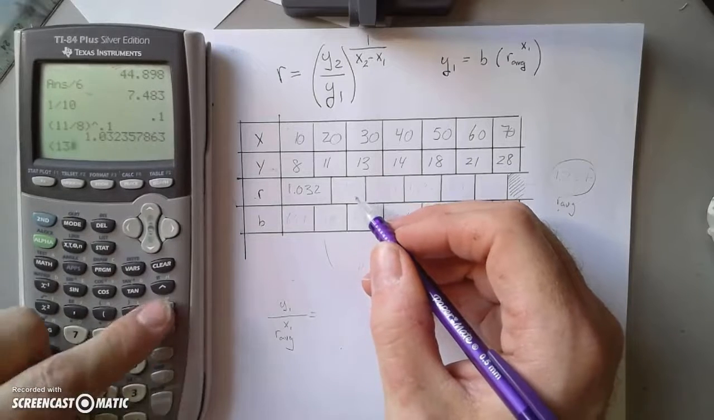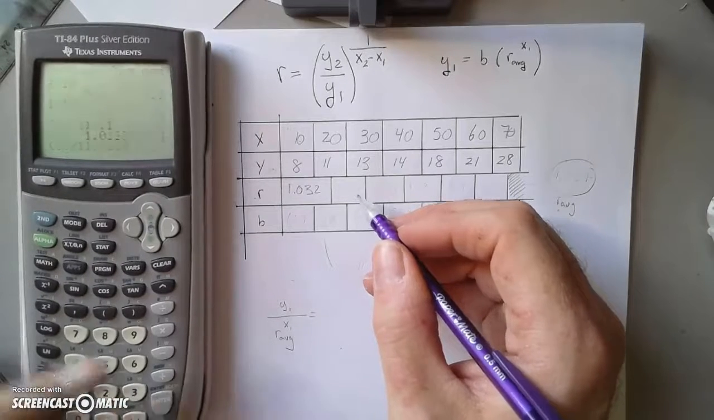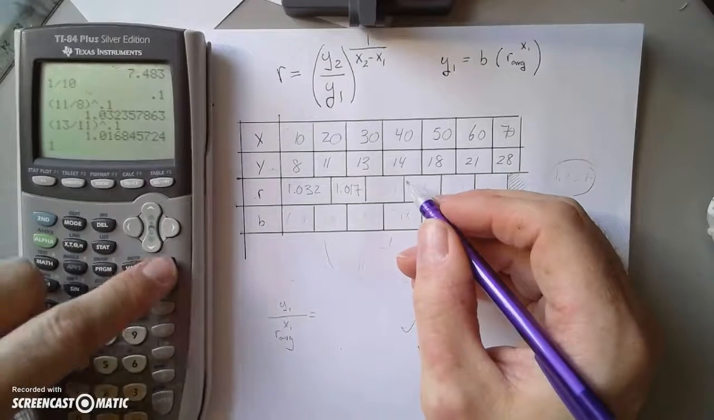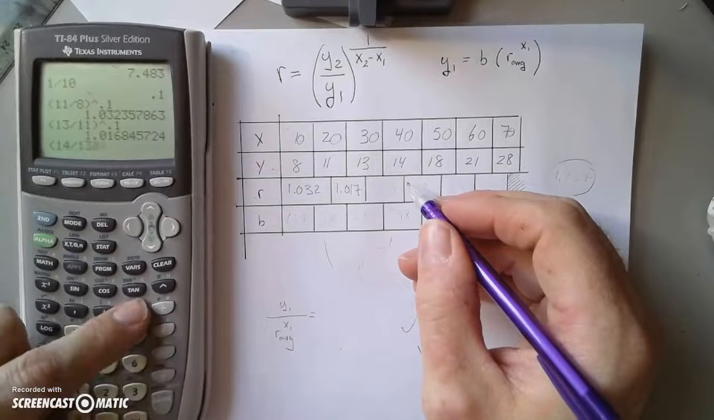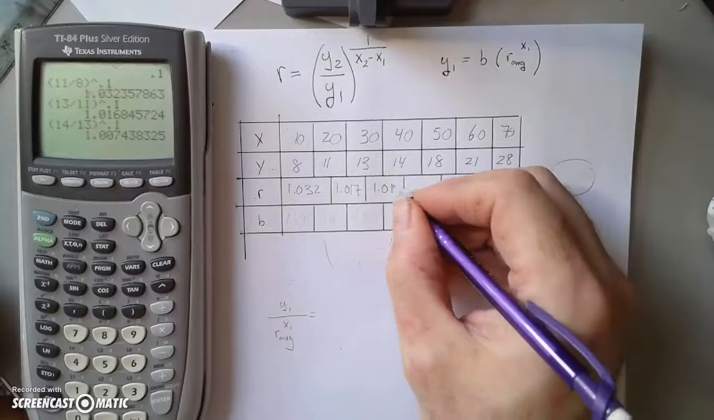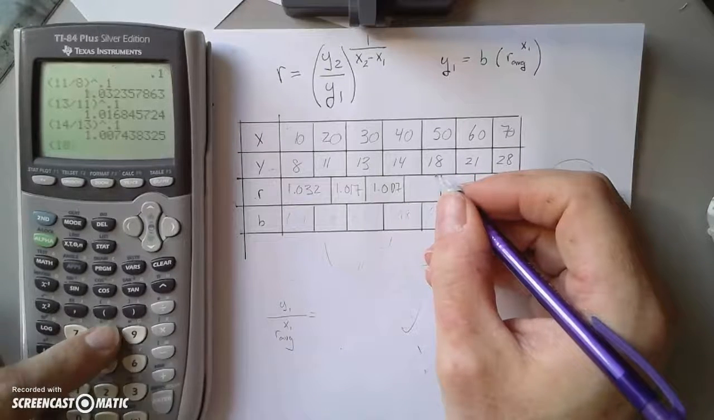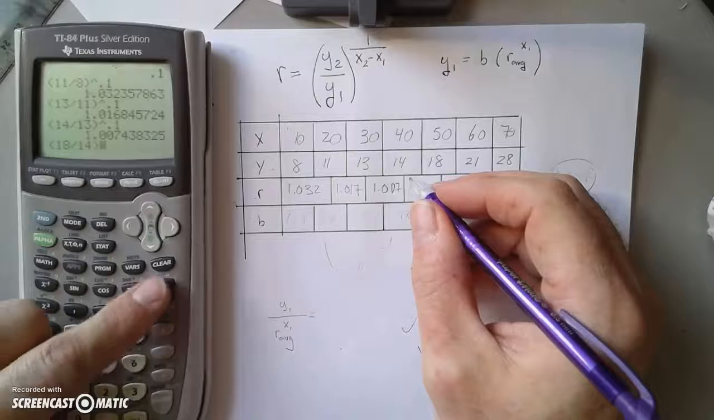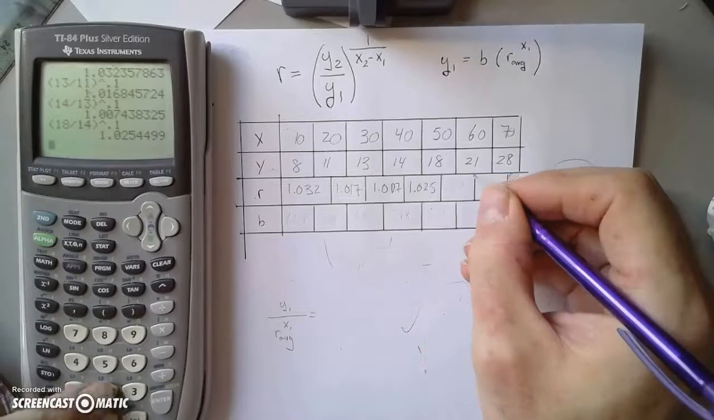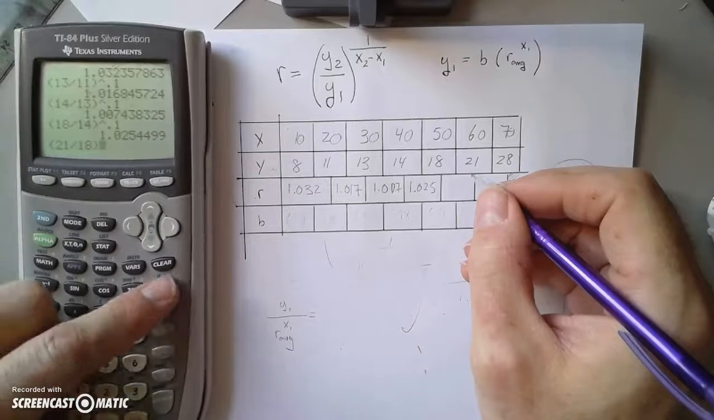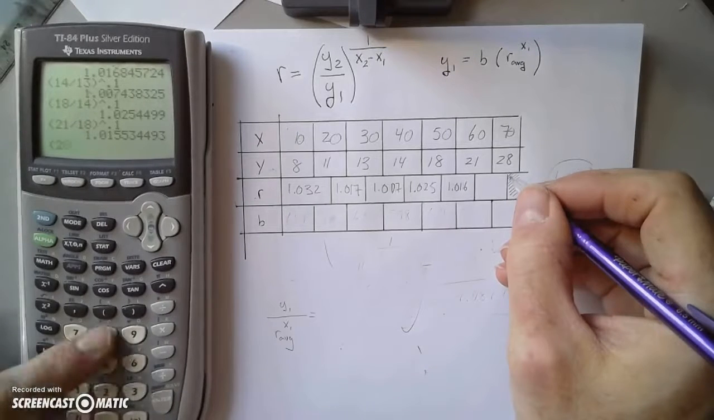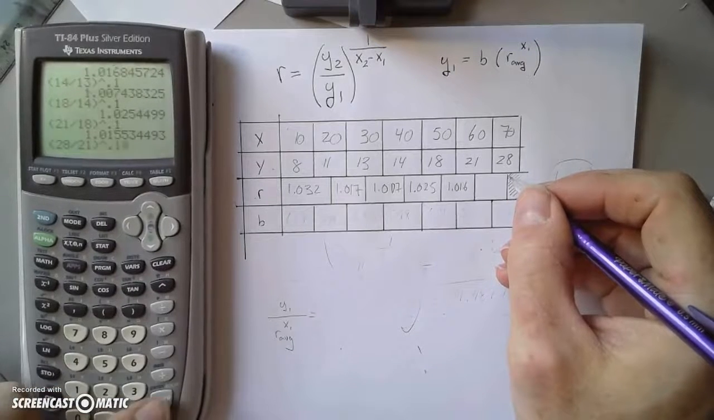Make sure again that you use parentheses. Each time I'm just raising it to the 0.1. So 14 divided by 13 raised to the 0.1. I don't have to put 1/10 in there because I've stopped to think about it. And then 18 divided by 14 raised to the 0.1. That's 1.025. And then 21 divided by 18 raised to the 0.1. That's 1.016. Then 28 divided by 21 raised to the 0.1 is